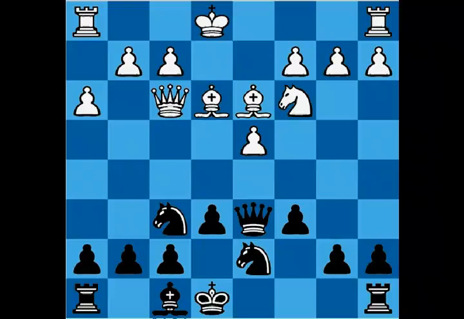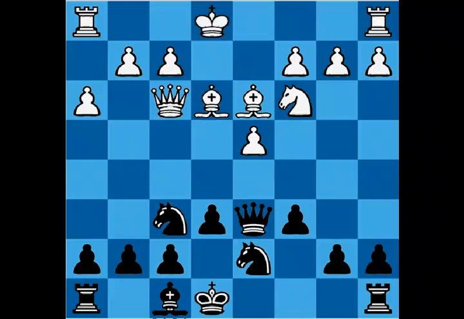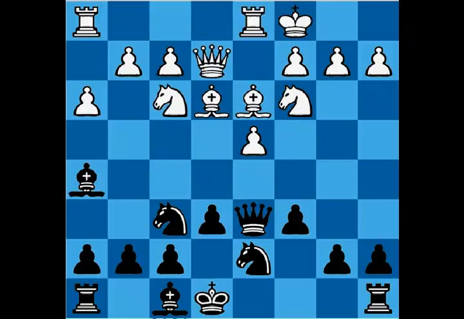So if white castles long, black castles long as well. But let's take a look at the more ambitious bishop h5. So for example, queen e2, e6, castles, bishop e7,